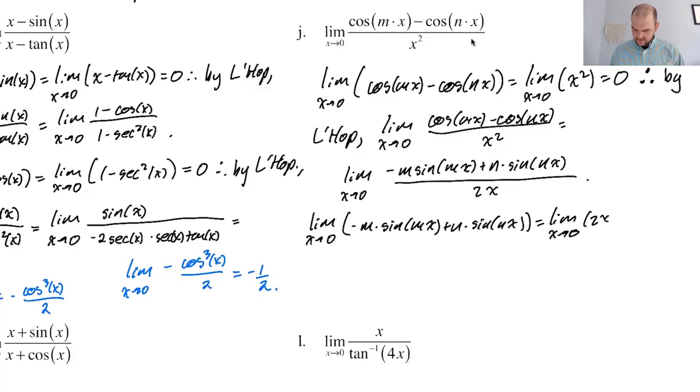Over 2x, which at 0 equals 0. Therefore, by